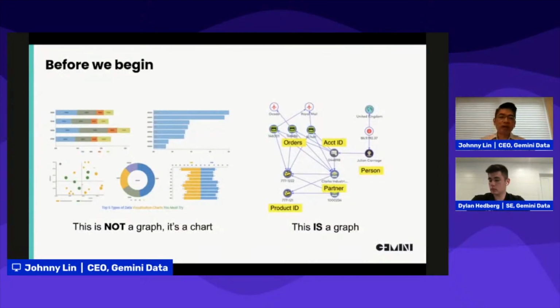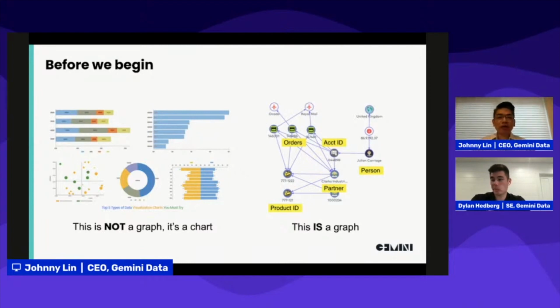When we say graph, we're not talking about the graph on the left, which is actually a chart, for most people that are in the analytics world. What we are referring to is the graph on the right, which is typically formed with nodes and relationships, right? That's what we're going to talk about today.